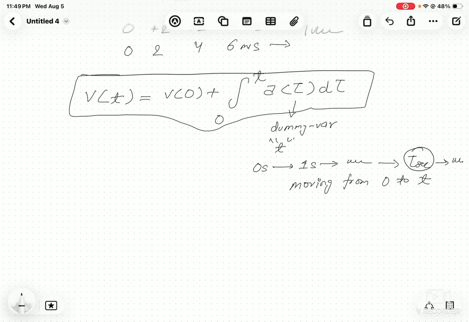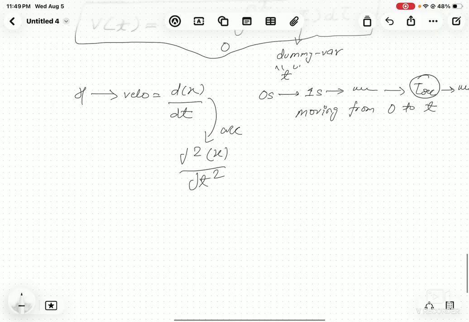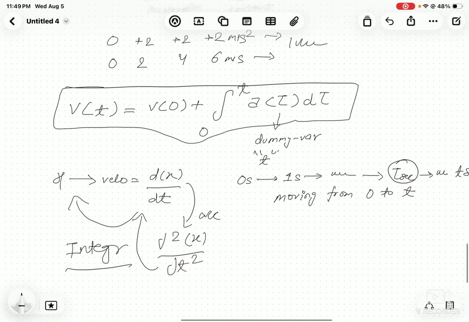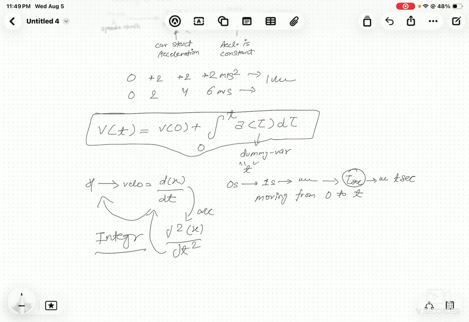Why integral? We know if we have position x and we want velocity, we will differentiate it with respect to t, and if we want acceleration, we would double differentiate it with respect to t. As we said previously, if we want to go in reverse, like from acceleration we want velocity, or from velocity we want position, we do integration. So we are integrating our acceleration to get the velocity at time t,